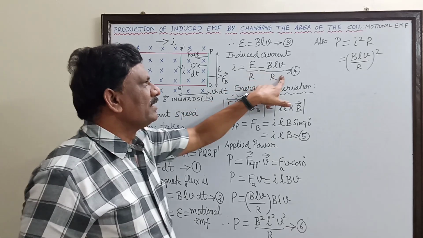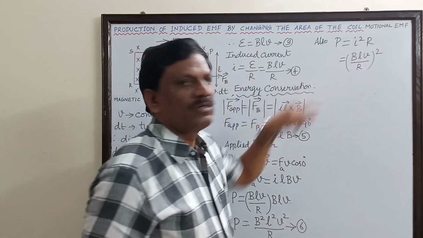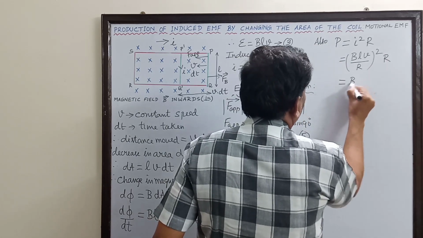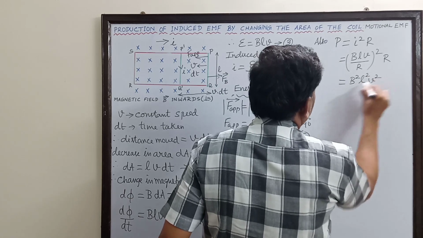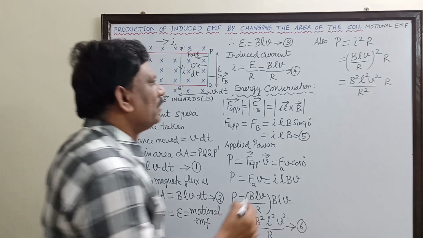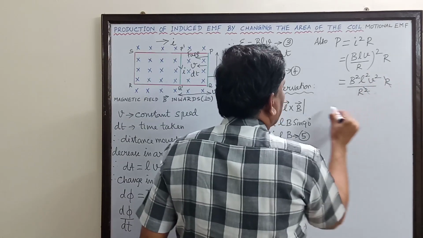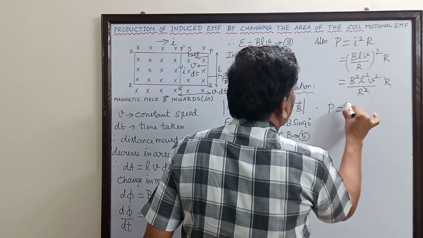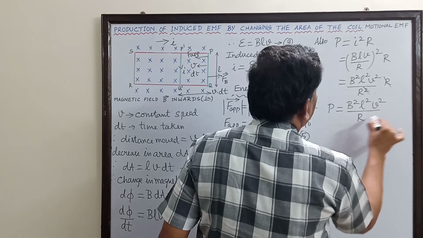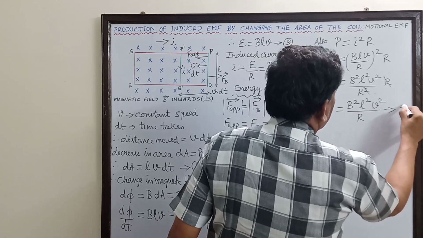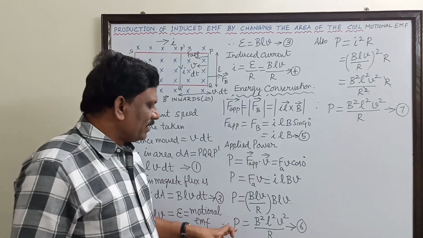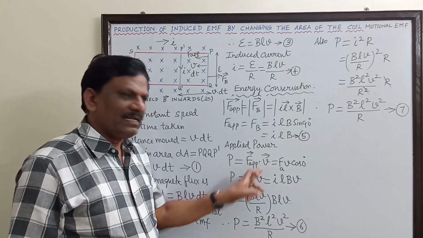I have substituted from equation 4. So I square into R is equal to B square L square V square divided by R square, into R. So this power 2 and R get cancelled. Therefore, we get P is equal to B square L square V square divided by R, and this is equation 7. Okay. So here the applied power from the dot product of applied force and velocity, we have got equation